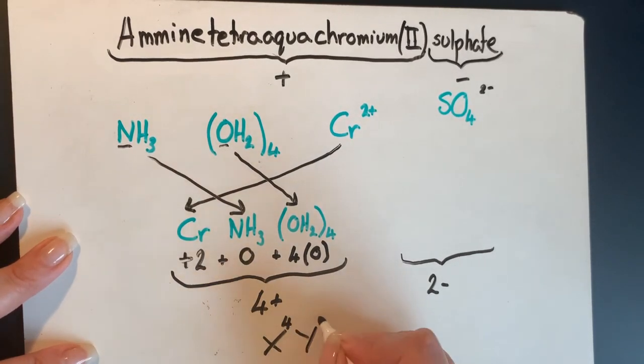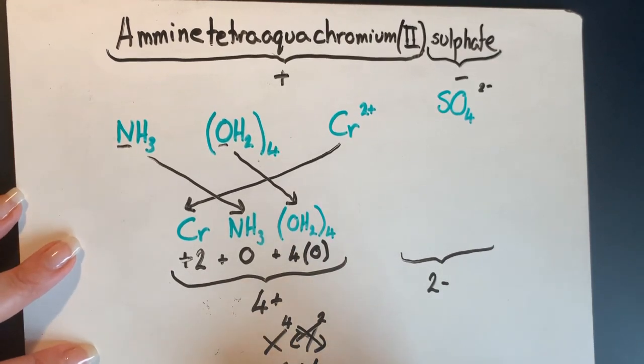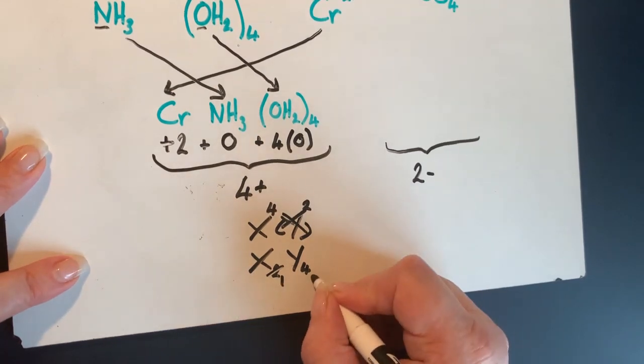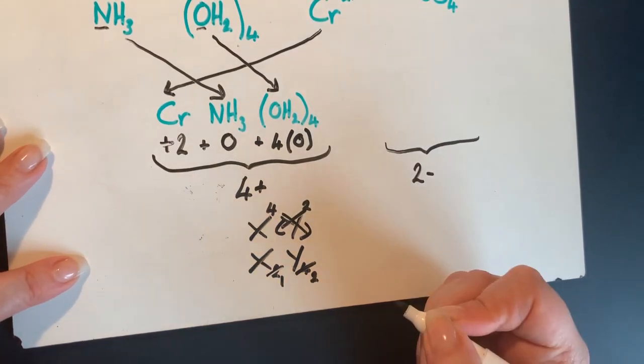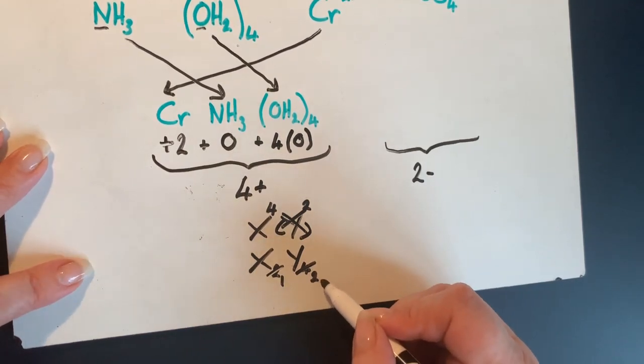If that was 4 and that was 2, when you cross them over and got X2, Y4, and then cancelled these out,